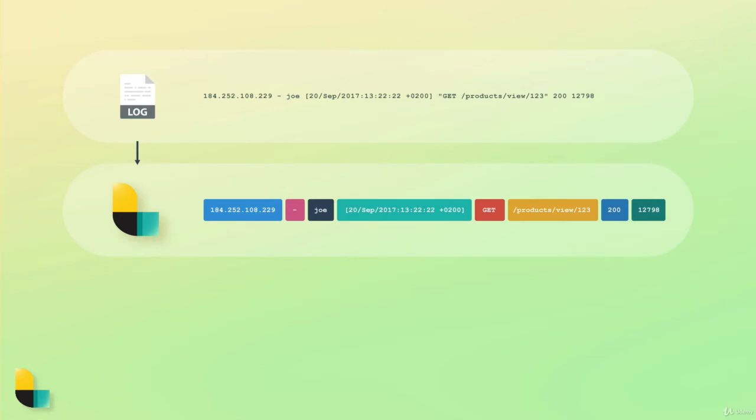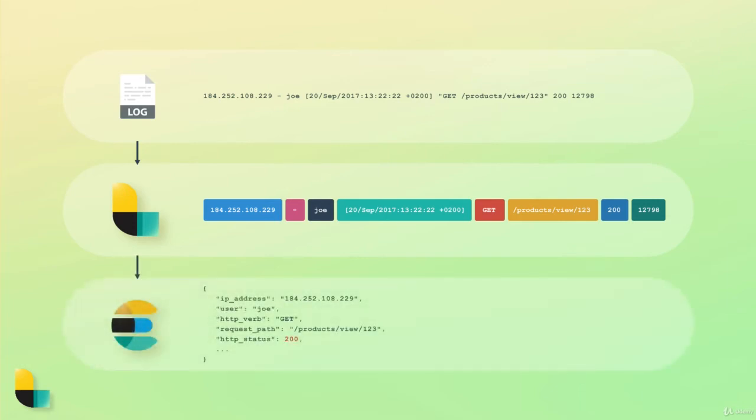This is very useful because wherever we want to send the processed events off to, we surely don't want to send a long text string. Suppose that we want to send the log entries to Elasticsearch. We want to have designated fields for each of the pieces of information within the documents that we add to Elasticsearch. So for an access log entry, the document could look something like what you see on your screen now.